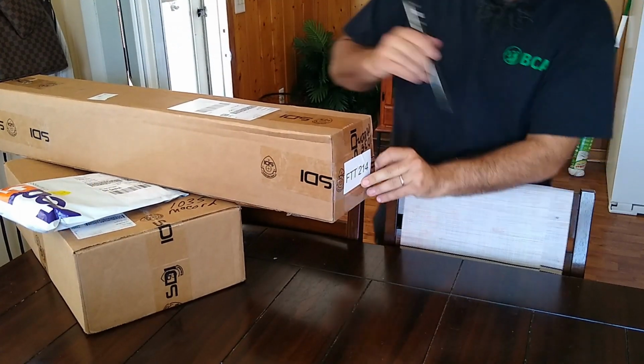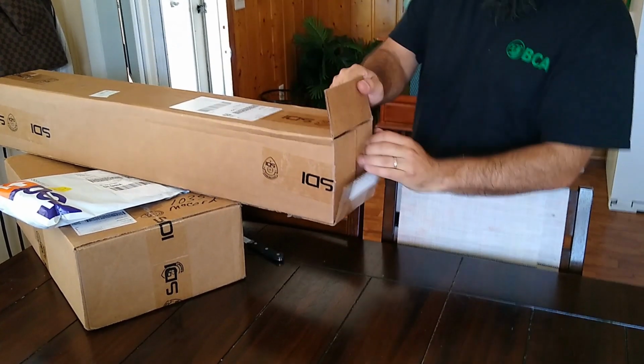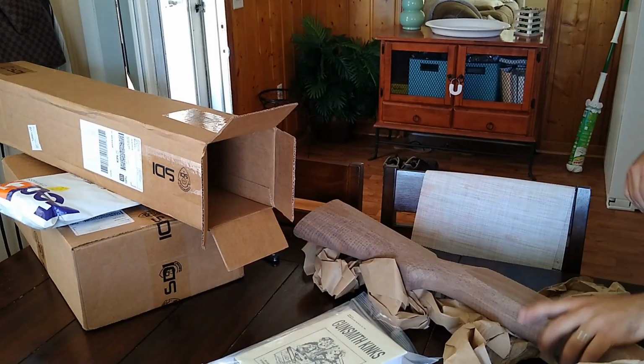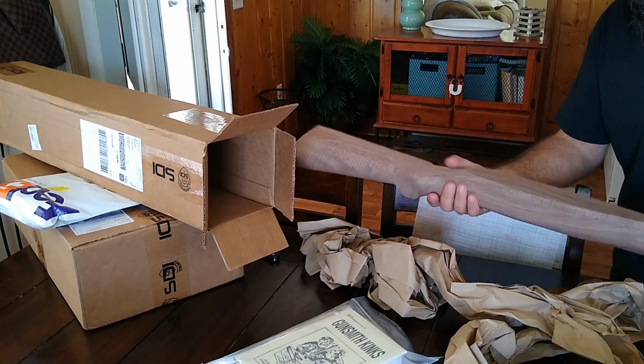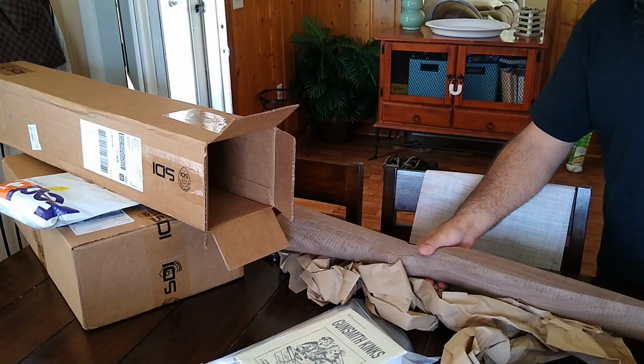This is for the FTT 214 checkering class. Probably betting we're going to have a stock in here. So we have a stock blank made out of walnut. This is actually pretty cool. I might actually make a stock out of